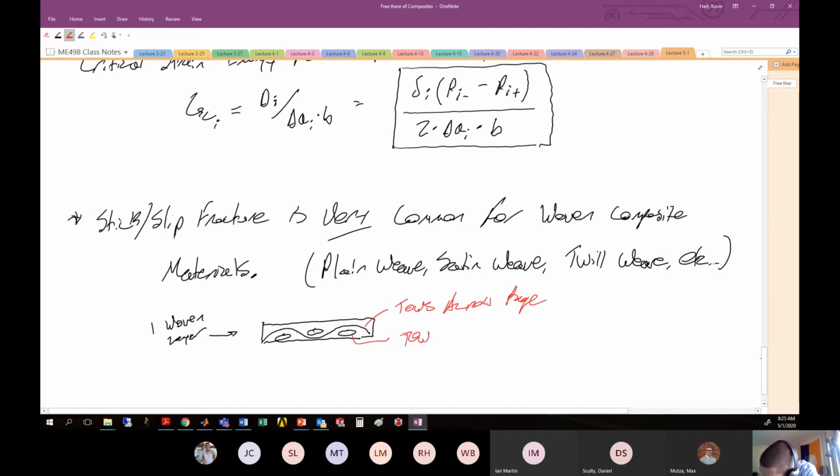Here's a... and when you stack these up against each other, let's say we have kind of a repeating pattern here. So I'll try to mimic this as best I can on this next lower layer. And what happens is, if I'm trying to propagate a crack through this woven system,